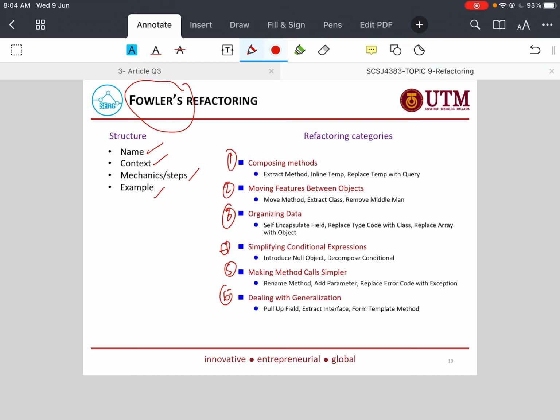For example, composing method. In the category of the composing method, for example, there are 1, 2, 3 techniques. And then category number 2, for example, moving features between objects. The techniques are move method to another class, extract the class. Maybe you have one class and then you extract it to be 2 or 3 classes, and then remove the middleman. Because the middleman will affect the performance in the long term of the